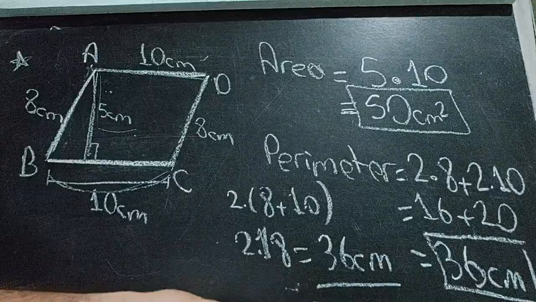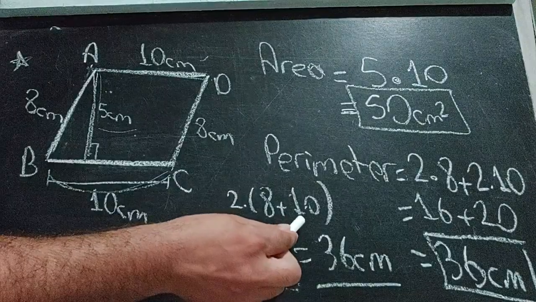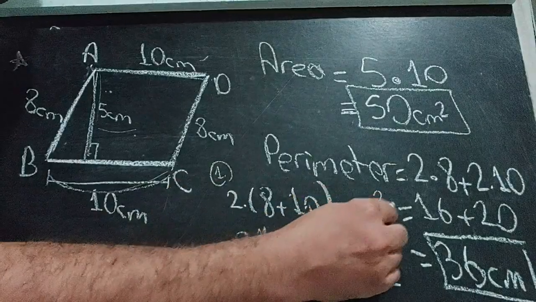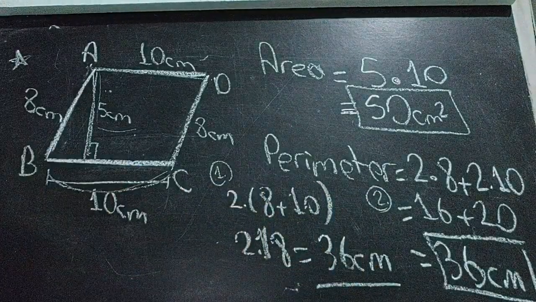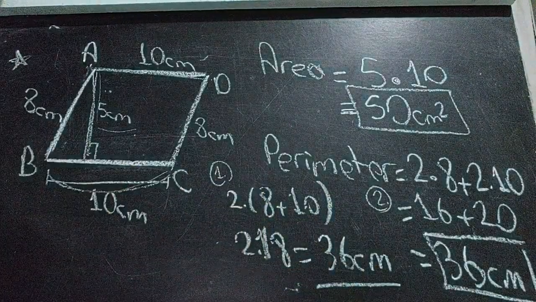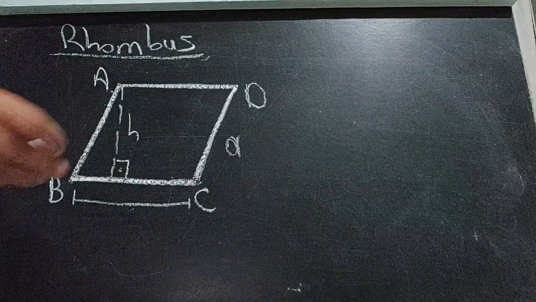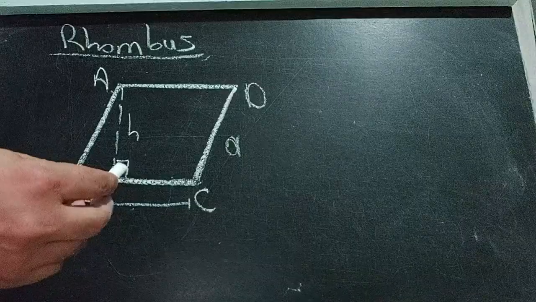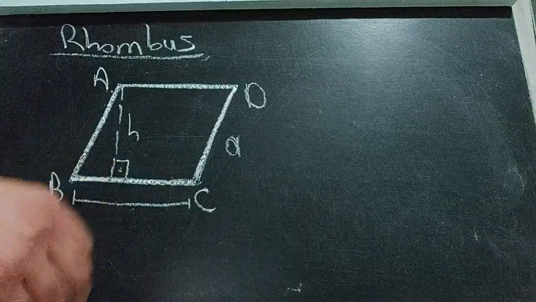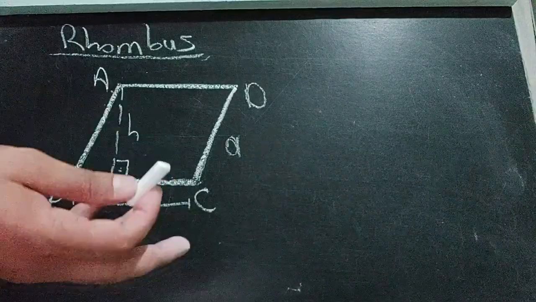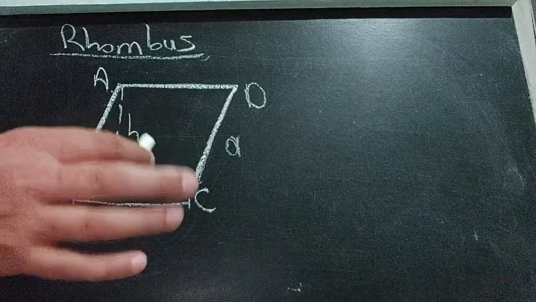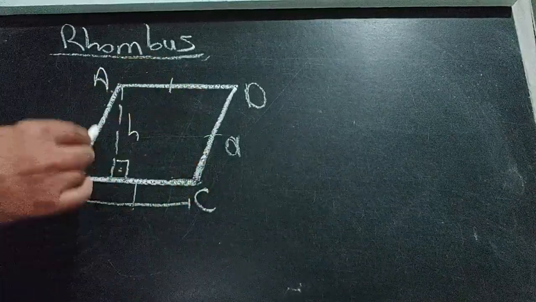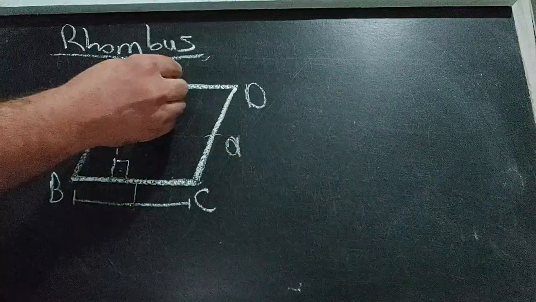Right, now it is up to you to use whether this or this. Okay, first and second. So now let's pass to our next shape. My other shape is rhombus. Remember, what was the difference between rhombus and parallelogram? Rhombus is a parallelogram too, just the difference between them is that rhombus has 4 equal sides. That will be A,